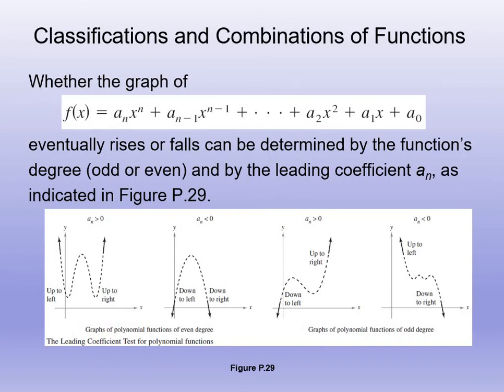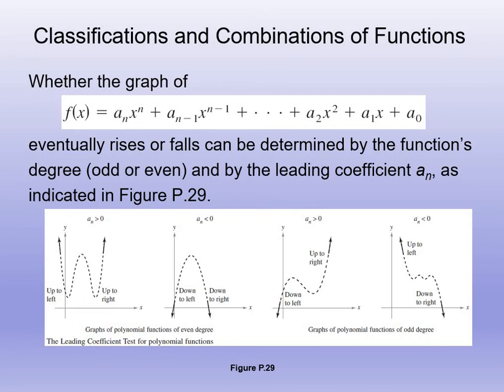If our an is less than 0, we should be going down. It depends on the function though, because the function is even for those. If we cut this in half, the first function on the far left-hand side is probably something to the fourth, potentially. It's an even function. The second graph is a parabola going down. So what we need to understand is, if we have an even function, so something with a power of 2, 4, 6, 8, 10, 12, 14, 16, and so on,